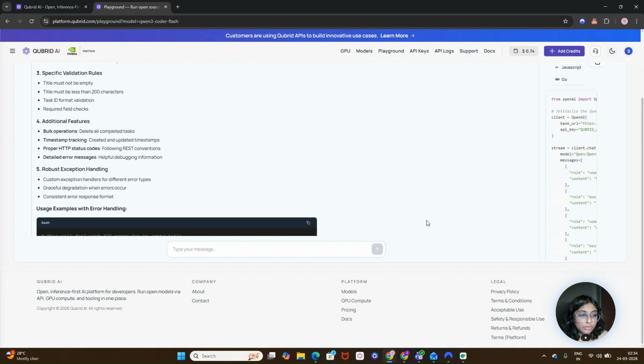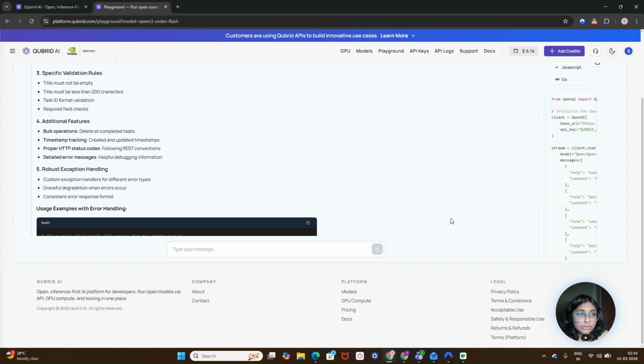And if you want to implement a model into a very complex workflow where you need deep reasoning or a very powerful model, you can use the Quencoder Next model, where it's okay to compromise on speed, where speed is not much important to you. Choosing the right model will help you reduce latency, optimize cost and improve output quality. So instead of choosing one model everywhere, you can pick the right model for your right task.